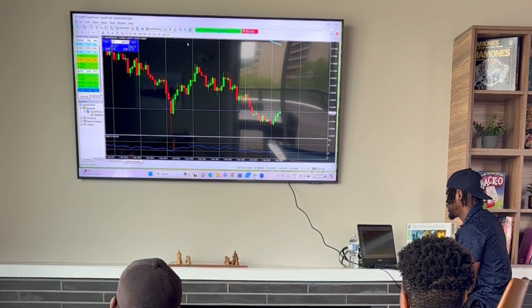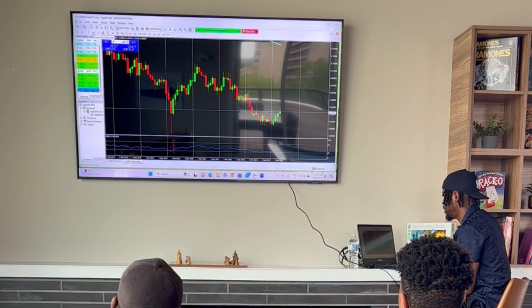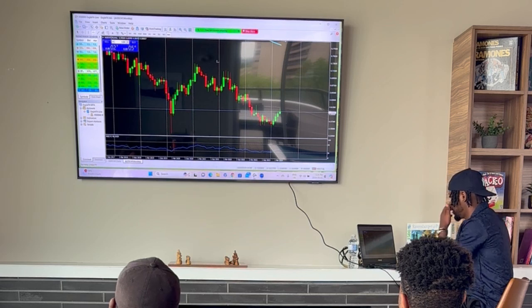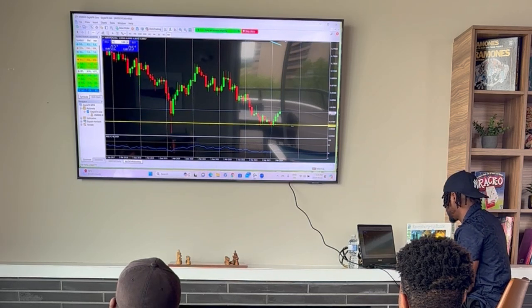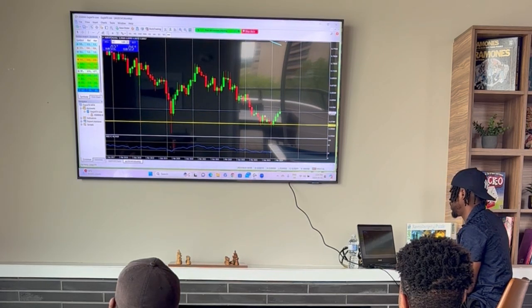So this is the monthly time frame, right? That's where I start my analysis to grab my key levels, my support and resistance levels, right? I'm going to place one down there as a support. Last time we touched that support level, guess what? It went all the way up, right? And then touched it again, went up, touched it again, went up. So this is definitely a good support level to use.